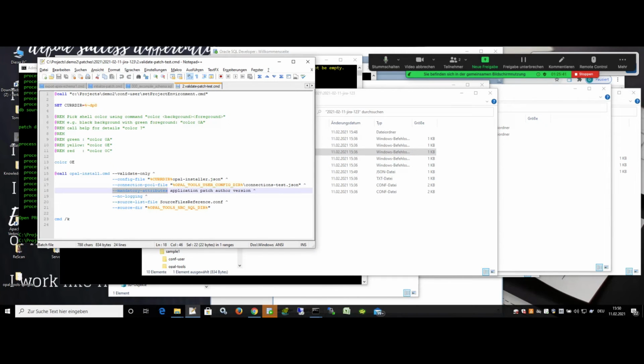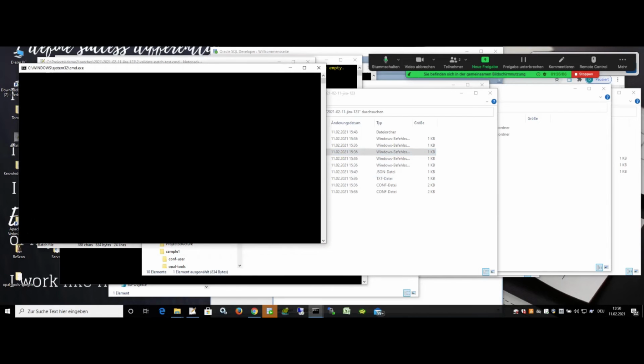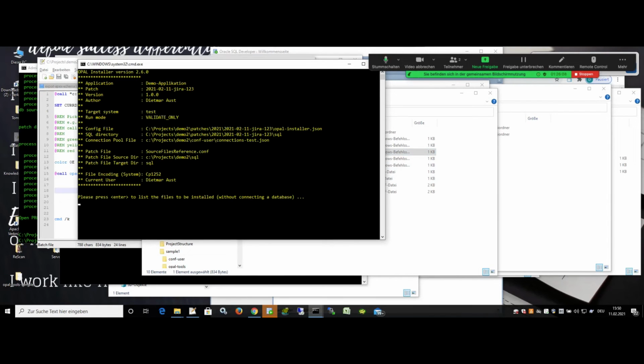Okay. And in the batch file, you can say which are mandatory attributes. And I could also have said, okay, I just remove that as a mandatory attribute if version is not important for me, right? But if it is important, then I need to put it in here. Yeah, thanks for asking. So now when I run the validate patch, you can see the version is here and everything,